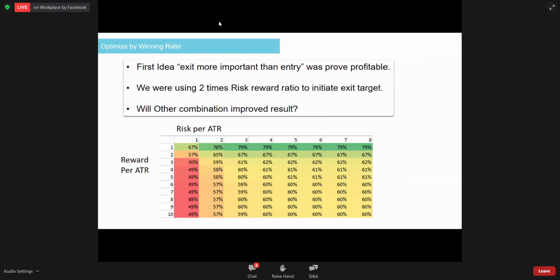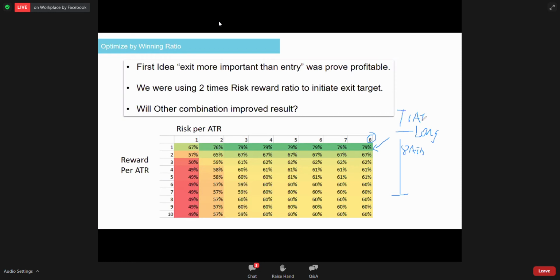So this optimization tells us about this particular trading plan, a 4-bar high low entry with ATR cut loss and take profit. The highest winning ratio is 79%. You see, it looks very good, but I guarantee you it's actually a very, very bad idea. Why? Because you enter here, let's say you go long. You are taking 8 ATR losses and only 1 ATR to take profit. So this is that much of loss, and this is that much of profit.